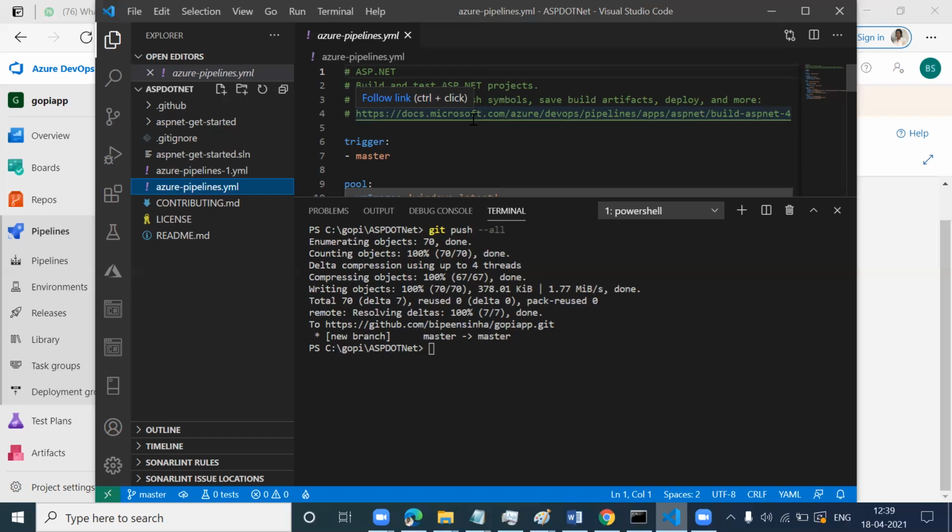YAML, JSON, Groovy. For example, if I'm a SQL admin learning Azure admin, do I need to learn programming as well, in YAML, or no? For you, it's not required. That is only for programmer developers, only for development teams. Or a development team or automation team, whatever you want to call it.